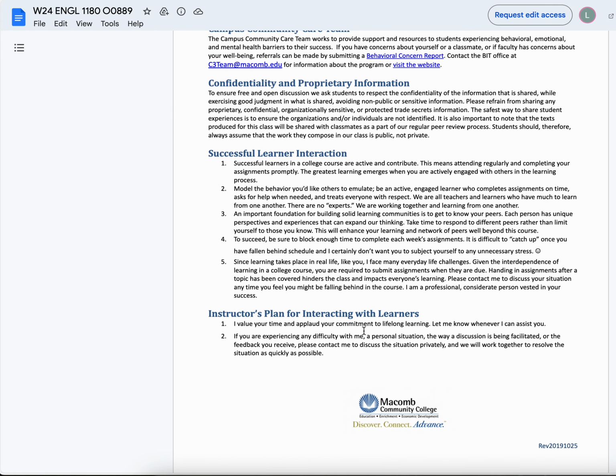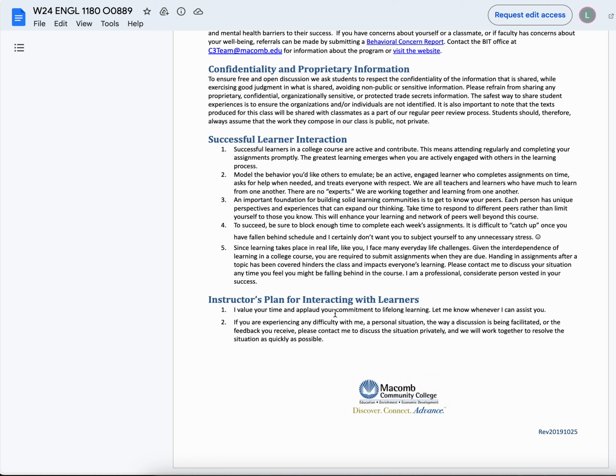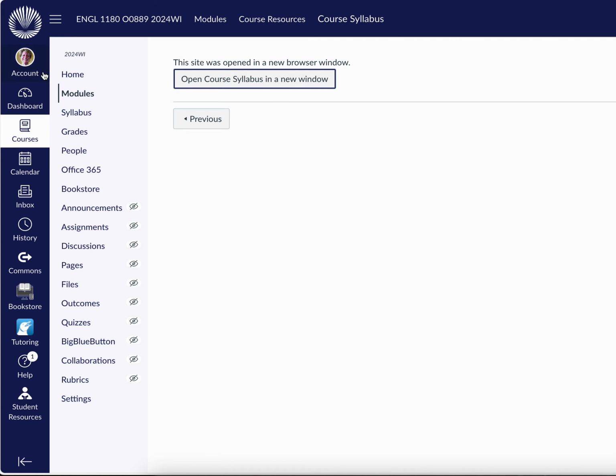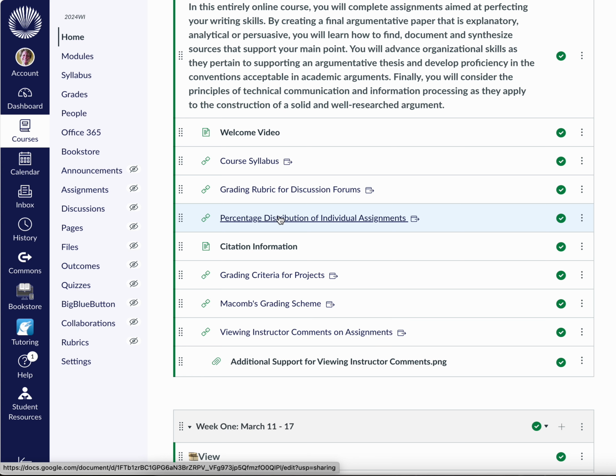And as I said, just keep in mind what will make you successful in the course and how I plan to interact with you. And I've kind of spelled that out. I will respond to emails as quickly as possible. Definitely you'll receive feedback and or a final grade on assignments, usually within the week that you've submitted that assignment. All right. And always, if you have questions about things, definitely, you'll want to let me know. All right. As we go back to, as I said, look through the grading rubric for the discussion forums, know what will get you a 15 out of 15 and how that breaks down, as points are taken away.